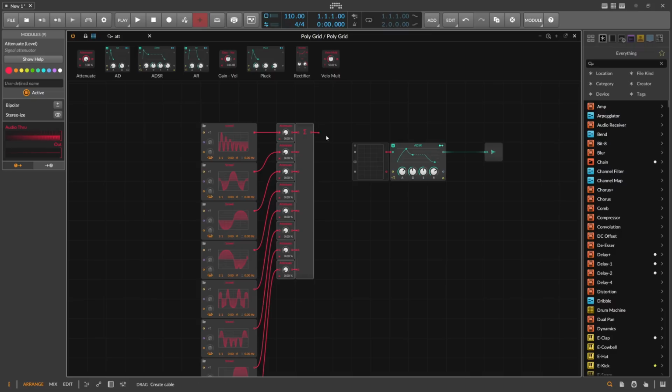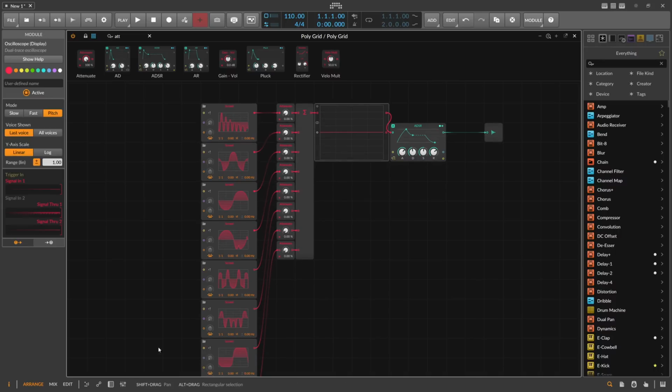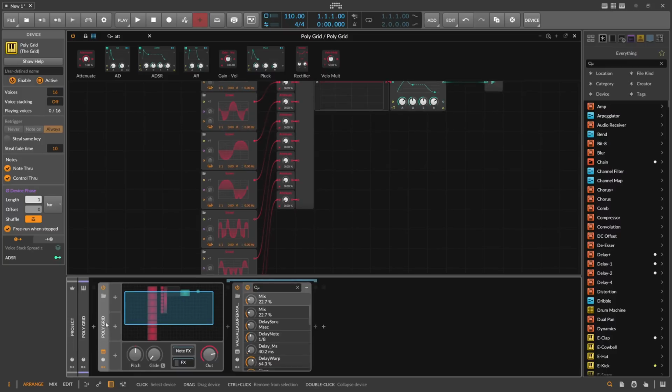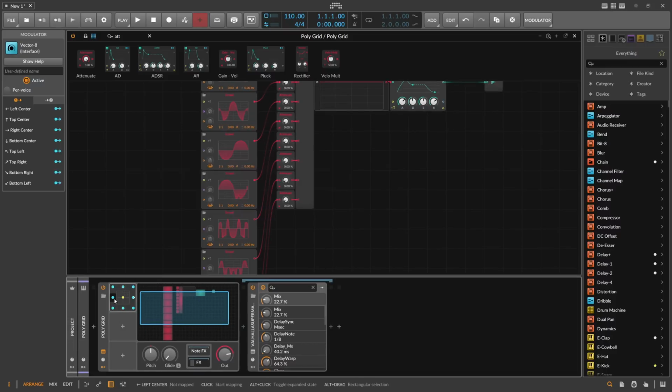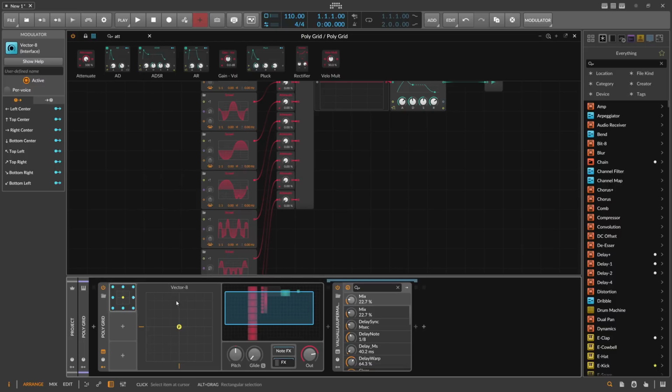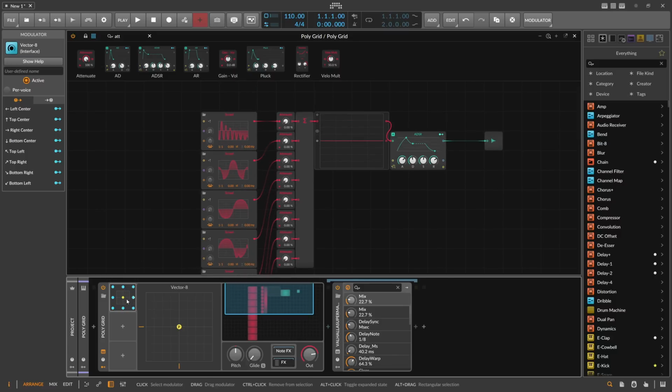And then we can go out here back into the oscilloscope, and then into the envelope, and then into the output. And now we can go to the polygrid here and use the vector 8 modulator. And the vector 8 is basically the same as the XY coordinate pad as before, but here we now have 8 outputs. And here it's much easier to blend between these things, because we just grab one point